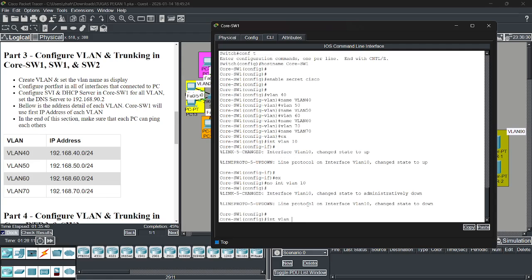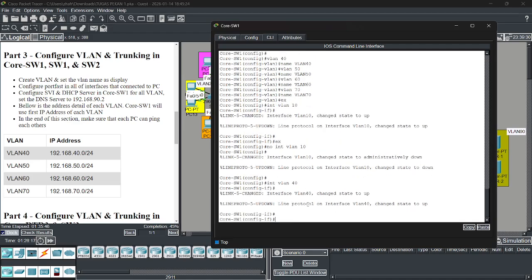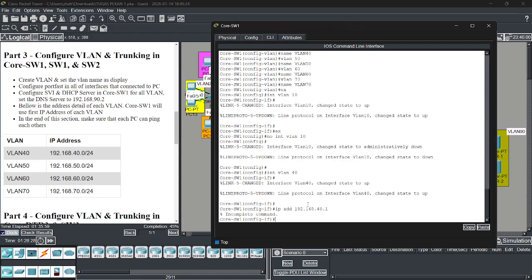Interface VLAN 40, sorry. VLAN 40. The IP address is 41. Sorry, I forgot the subnet mask. /24.